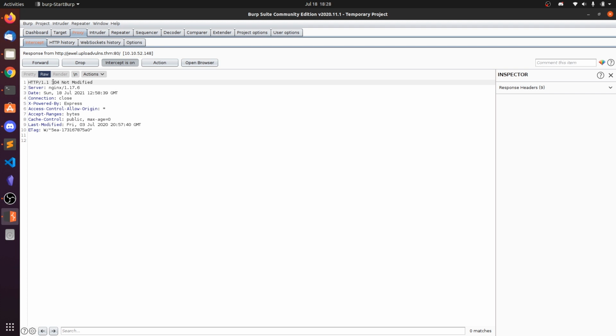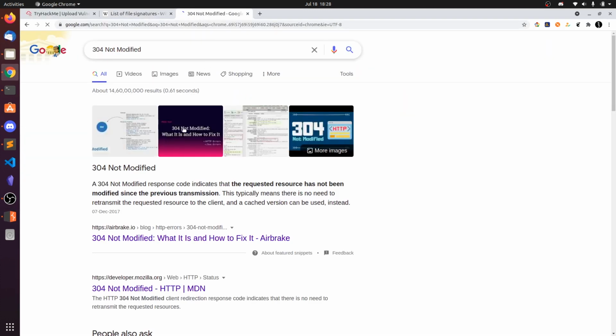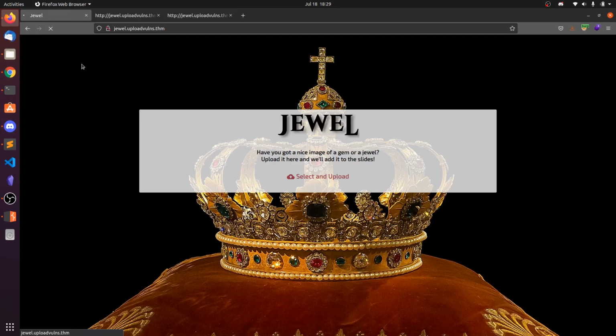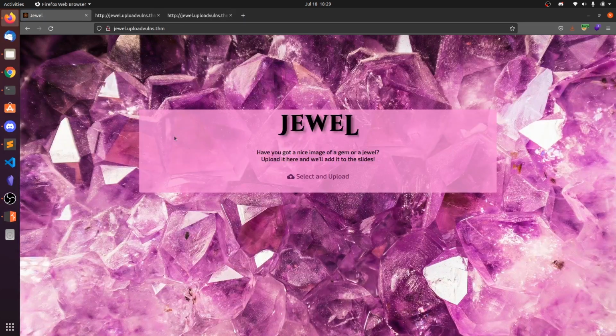So that means, let's copy this one and go to Google: the not modified response code indicates that the requested resource has not been modified since the previous transmission. That means there is no need to retransmit the newly requested resource to the client, so the client can use the cached version in the browser. So that means this has been cached in our browser.